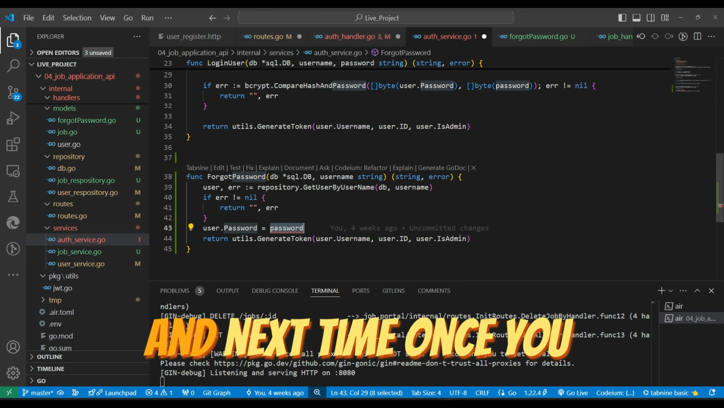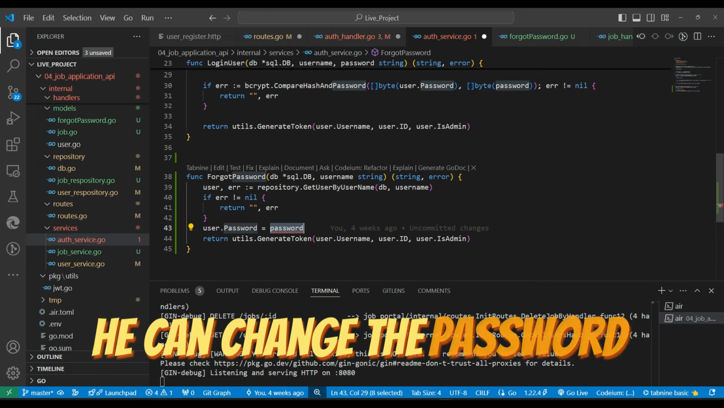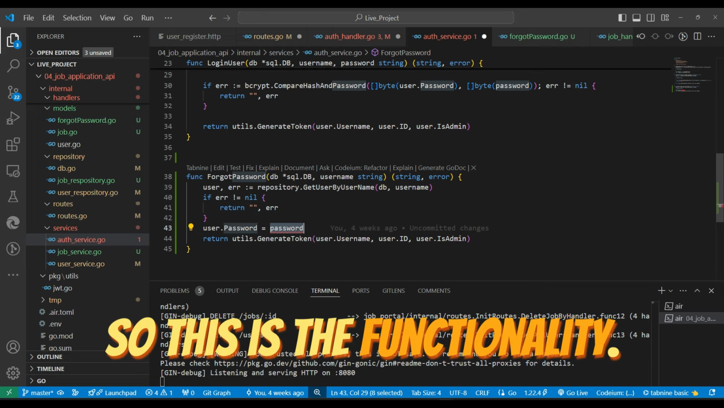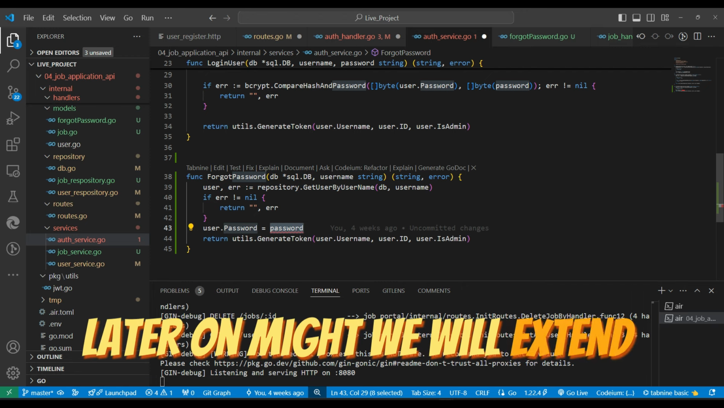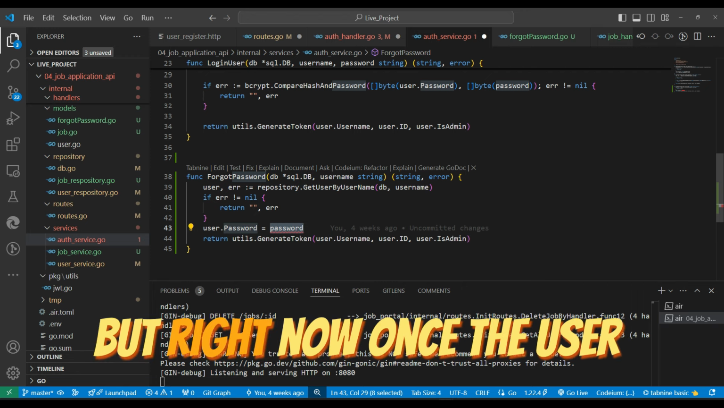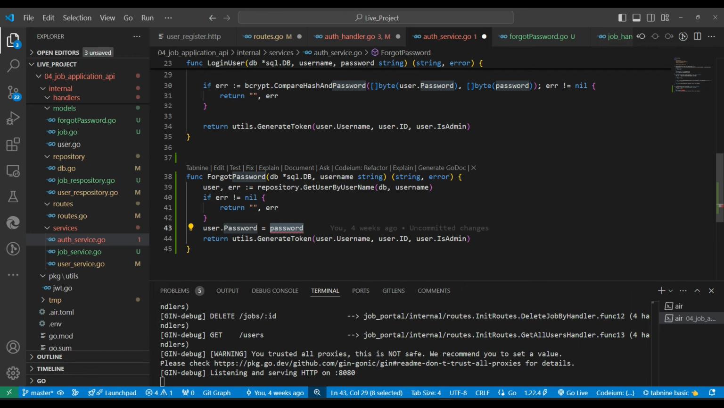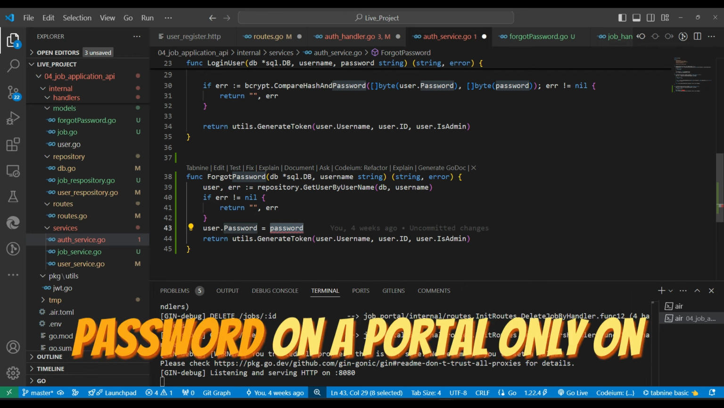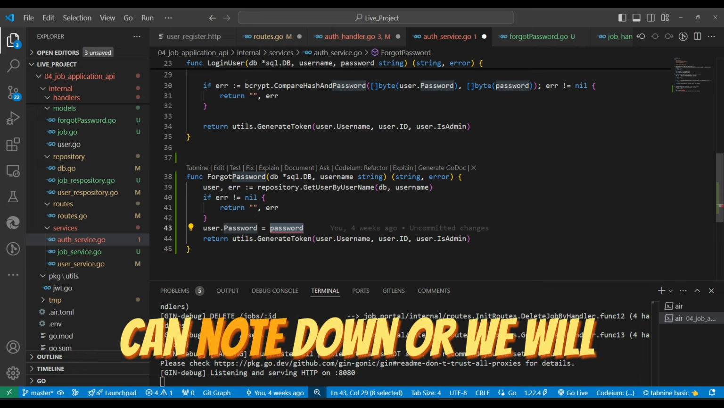Okay, and next time once he authenticates with that random password, he can change the password in the profile. So this is the functionality. We won't be sending any email or SMS right now. Later on we might extend our functionality, but right now once the user sends a forget password request, he will get a 6-digit password on the portal, only at the top. This is your new password, and he can copy and use it exactly, or he can note it down,